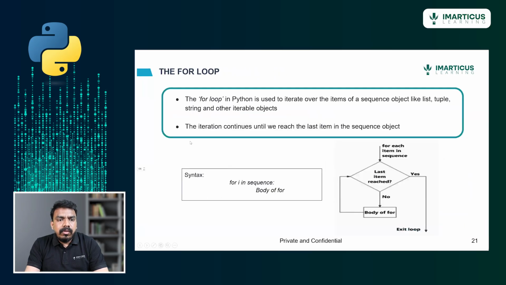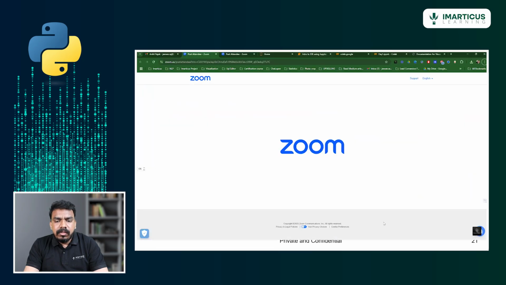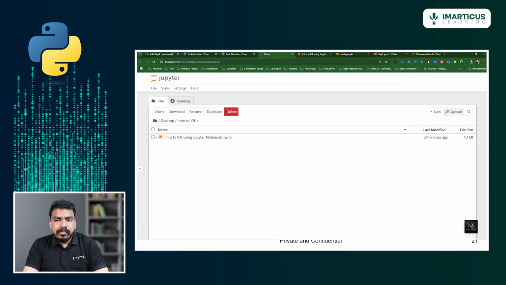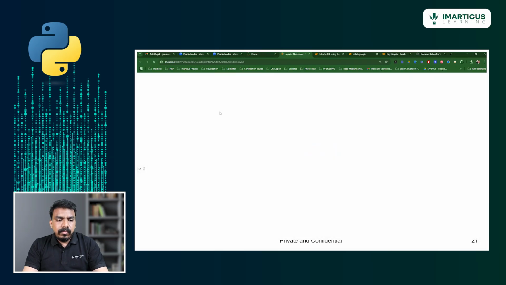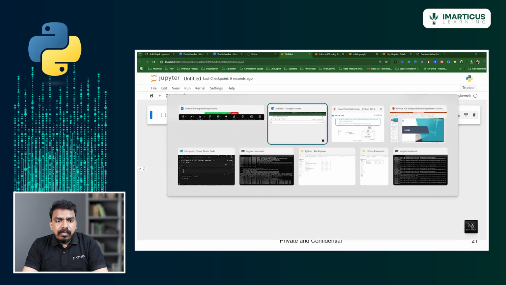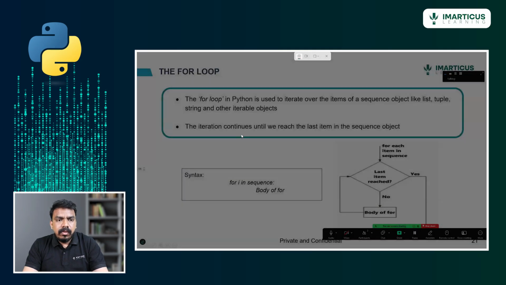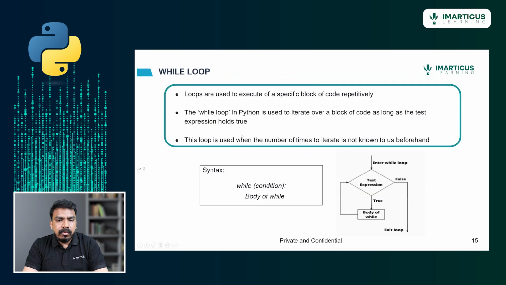So before going to the for loop, we'll talk about the while loop and try to perform some operations using it. Let me start sharing my Python script file screen. Let me create a new file. Let me add a picture of the while loop here for your better understanding.